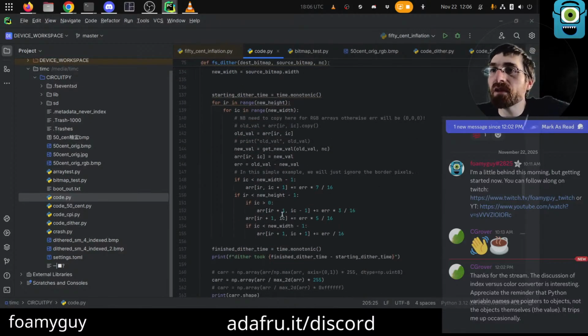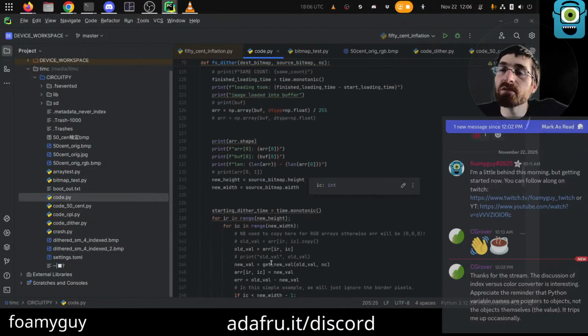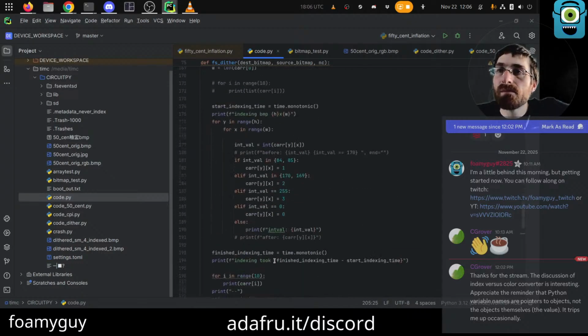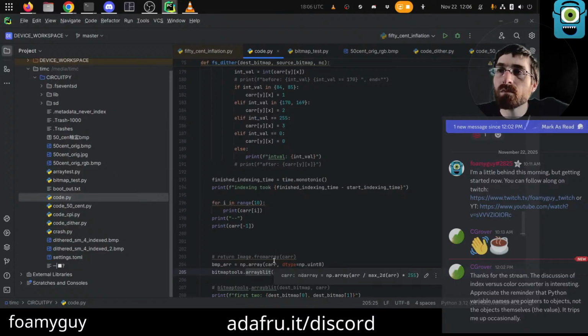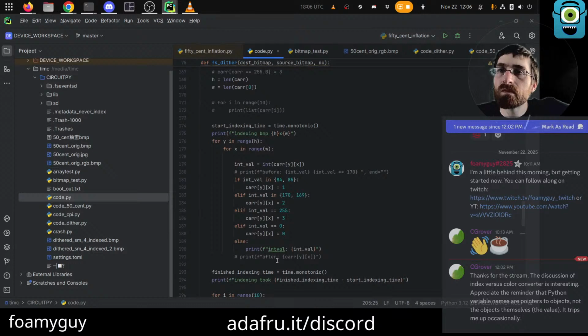At some point, I may try to add it to bitmap tools, but I'm not sure. This might be kind of challenging for me to do in C. But it's always good to do something that's challenging as well. I would definitely love to get rid of the indexing step. And I feel like that should be possible because